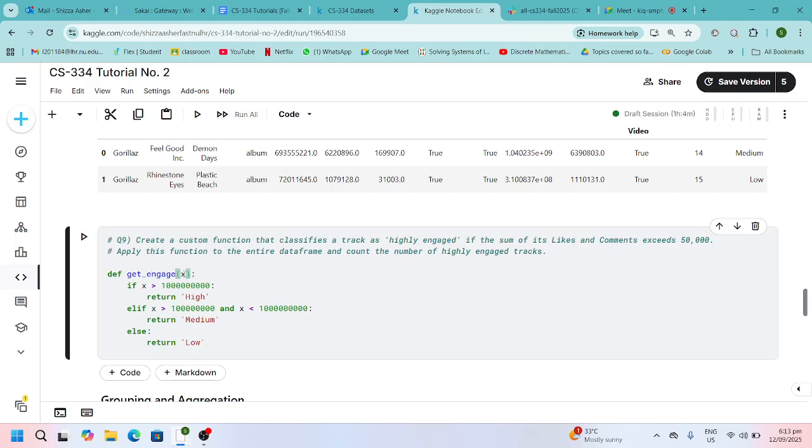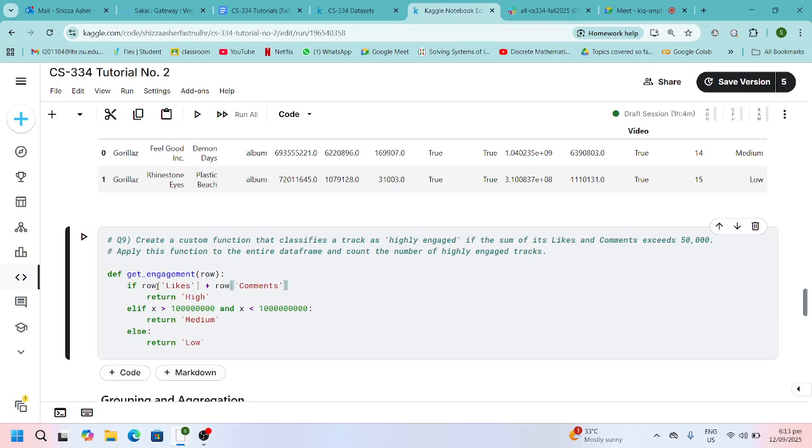इसका नाम हम get_engagement रख लेते हैं. ठीक है, सपोज कि मैंने sum कहीं और नहीं स्टोर किया हुआ, इस फंक्शन को एक पूरी row पास होती है. So I am just referring to row over here. अब उस row के अंदर multiple attributes हैं. So suppose if row likes plus row